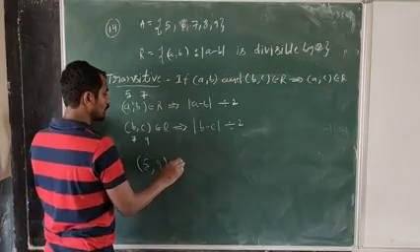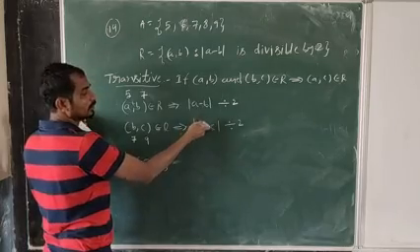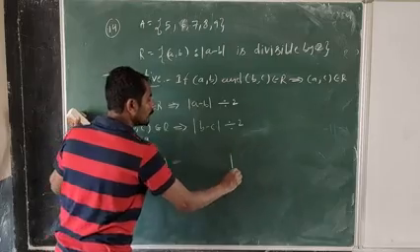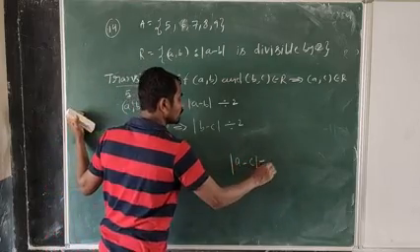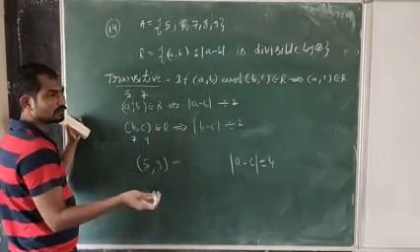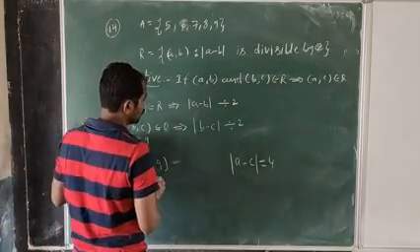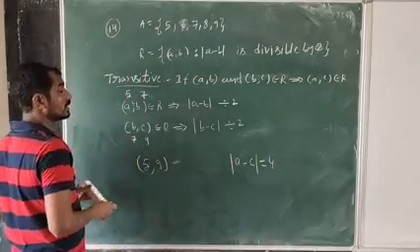Okay. Now from this we can write, if you apply the value mod A minus C, it will come to 4. So 4 will be divisible by 2. Therefore we can write this is transitive. It is transitive. Clear?